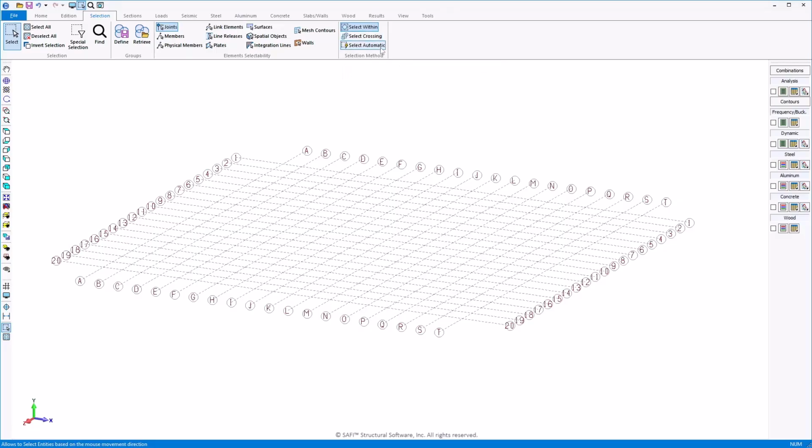The Select Automatic command allows to activate the automatic selection mode. When this selection method is active, the effective selection mode, whether within or crossing, depends on the direction of the selection window. Dragging from left to right performs a within selection, while dragging from right to left will be considered a crossing selection. This concludes our overview of the Selection tab, highlighting the key tools and